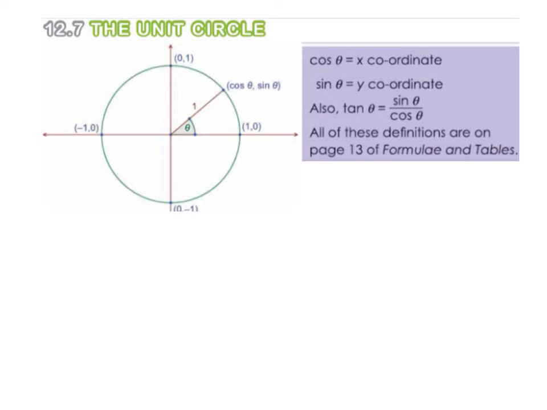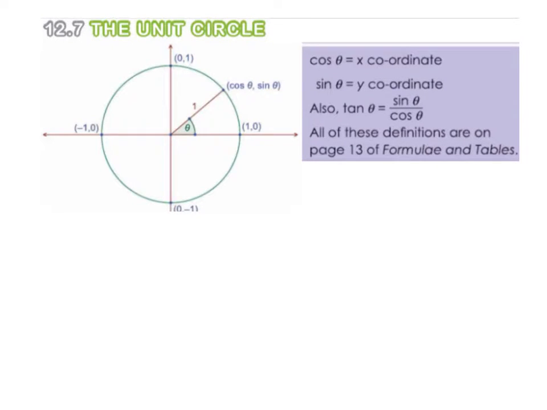Okay, so first of all, it's important to note that this is the first quadrant, this is the second quadrant, the third quadrant, and the fourth quadrant. Okay? And if we form an angle with the positive part of the x-axis and a radius of the unit circle,